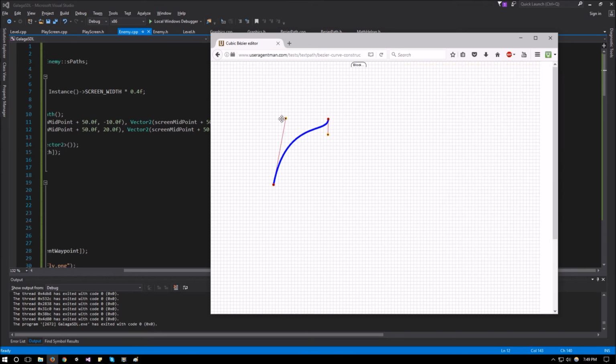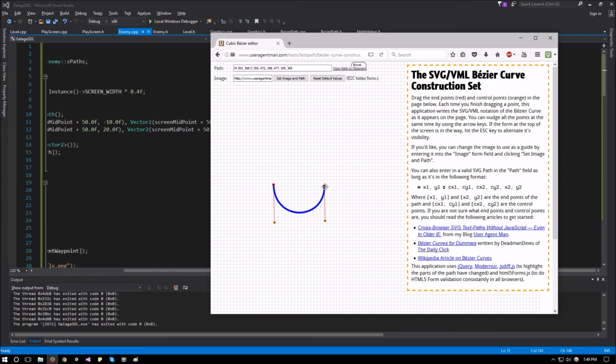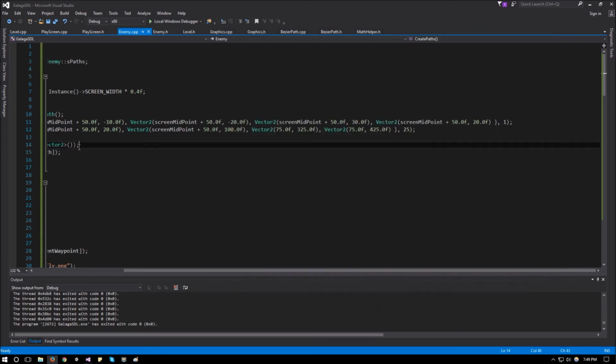There we go. So that's what it actually looks like. Now what we need to do is to have a circular path, and to do this, we need something like this. They both should be on the same x point, but the control points should be lower down on the y to give us that circular orbit. So what I found for that is,